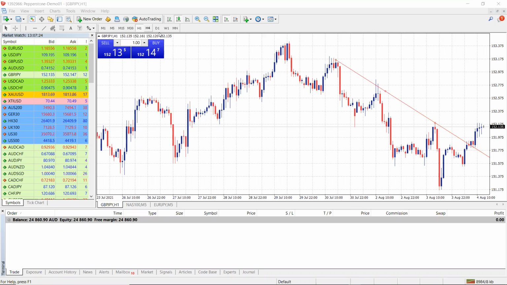This one is the MT4 platform. And if you have a look at where my cursor is, those are the different time frames that you can choose from. So 1 minute, 5 minute, 15, 30, 1 hour, etc. On the MT5, you can customize it more. You can have 2 minutes, 3 minutes, 30 seconds, all of that. But it's all laid out almost exactly the same. There's a few differences in how it works behind the scenes. The MT5 allows you to trade more stocks and things as well, which you usually can't on the MT4. But other than that,